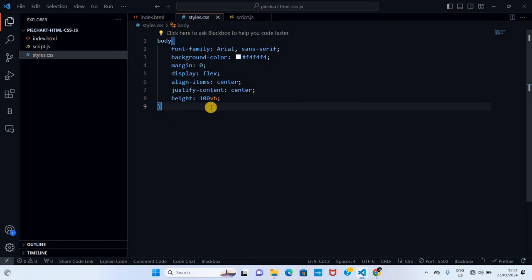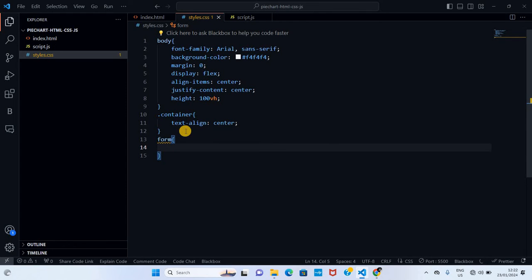So after that, we are going to style the container as well. We call the container class. We give it text align center. And then let's style the form as well. The form is a tag, so we shall just write the form tag and give it margin bottom 20 pixels. So after that, let's style the button. It's a tag as well. We give it a background color